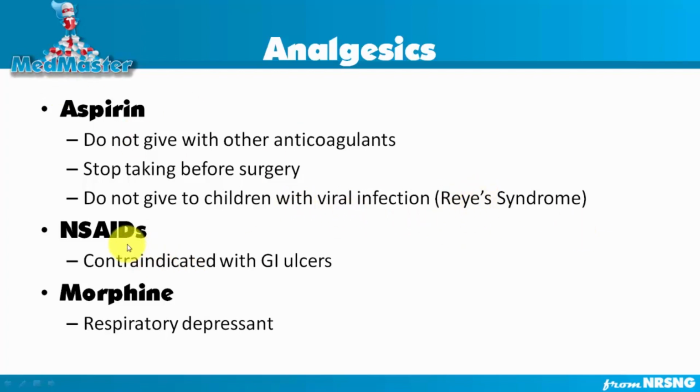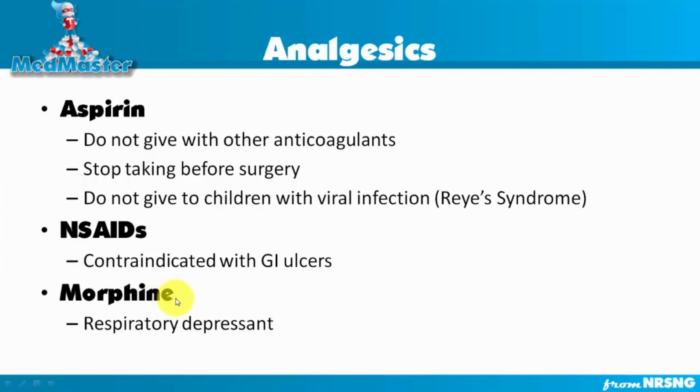With NSAIDs, okay, NSAIDs are going to be contraindicated with GI ulcers. The reason for that is that NSAIDs can actually lead to GI bleeding, okay? So with patients that already have GI complications, we'll want to avoid NSAIDs. With morphine, we'll go into morphine in so much detail in other lectures, but morphine is going to be